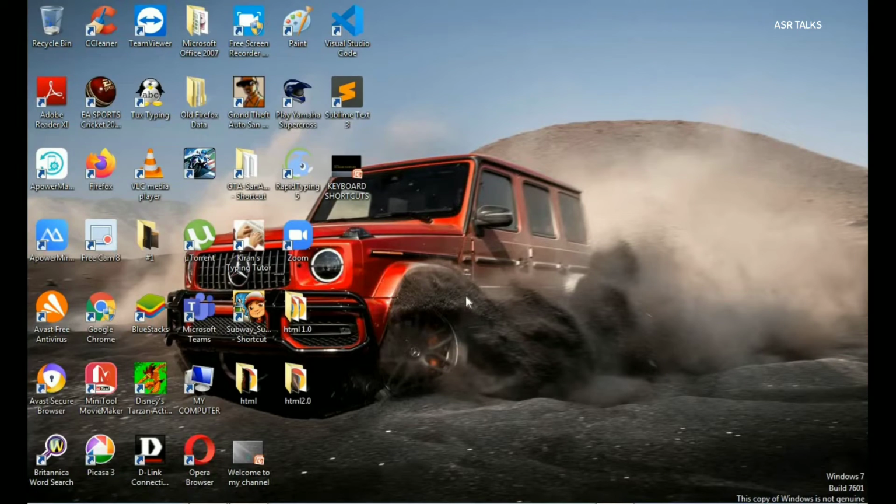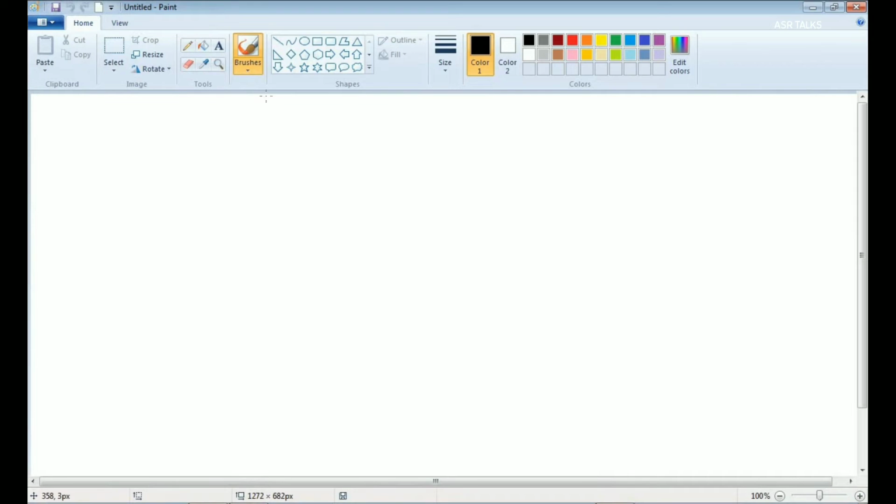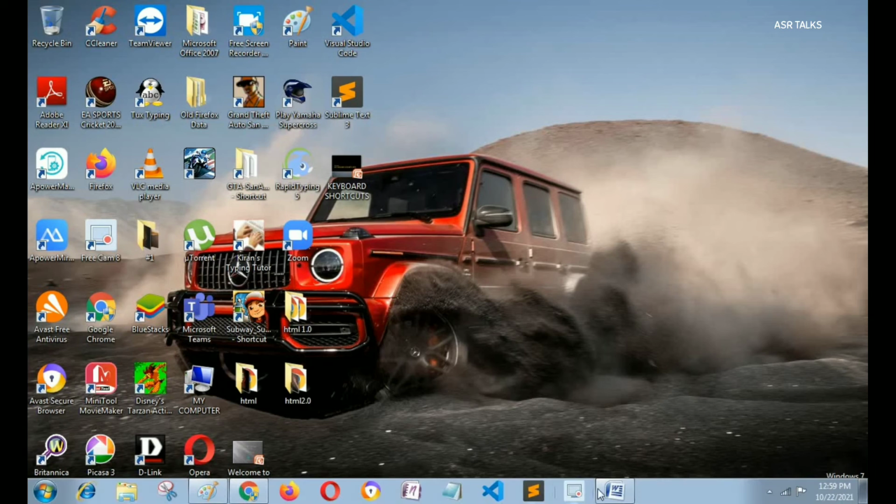Undo and redo functions play an important role in each and every program. To undo a function we use Ctrl plus Z, and to redo a function we use Ctrl plus Y. For example, I am opening MS Paint and drawing a rectangle. After a while, I thought that I don't need a rectangle, I want to get back to the initial position. In this case, you can use Ctrl plus Z to get back to the initial position. And to get back the rectangle again, you can use Ctrl plus Y, which is a redo function. Not only here, it is also applicable in each and every program.